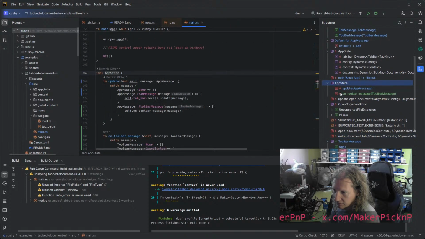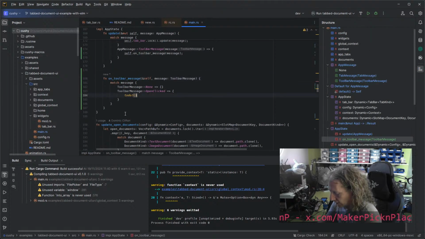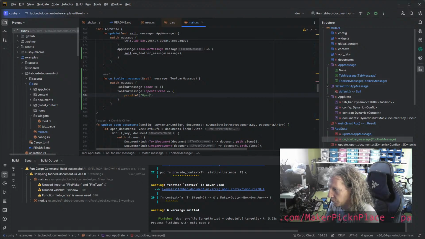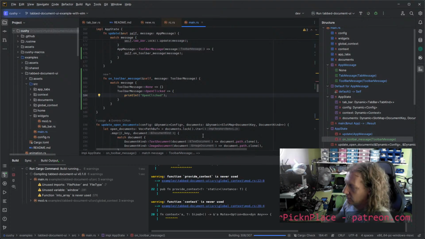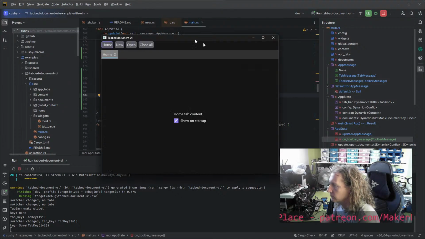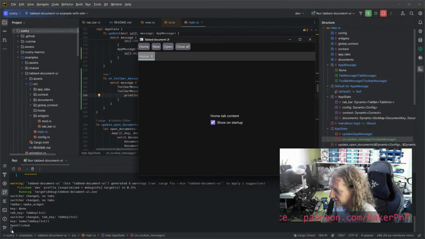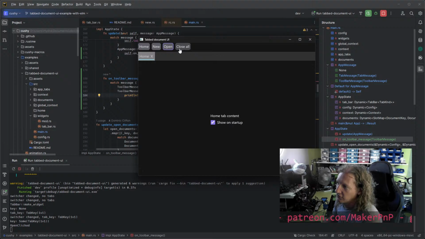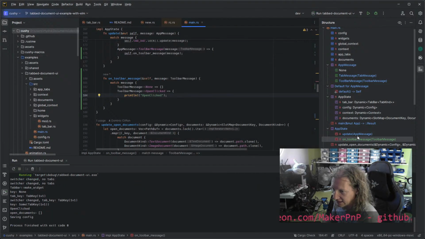Where this one on toolbar message, and let's just go println "open clicked" just for now, just so that we know that it works. Right, open, and it says open clicked. So the open button, when we clicked it, just to go over this again,